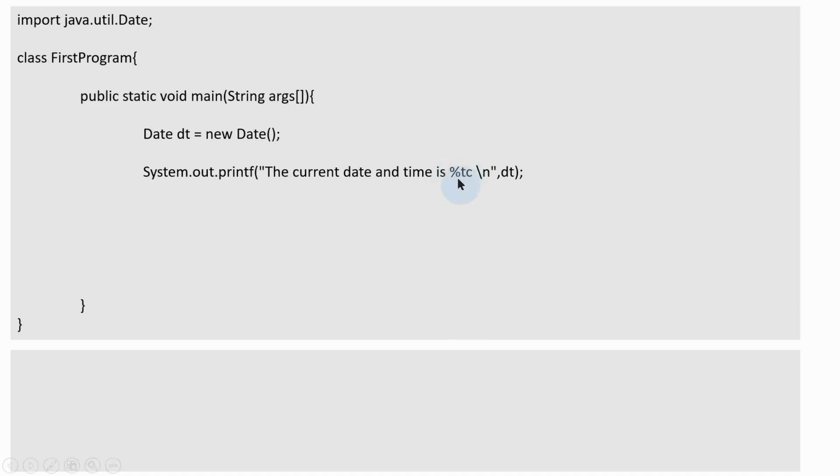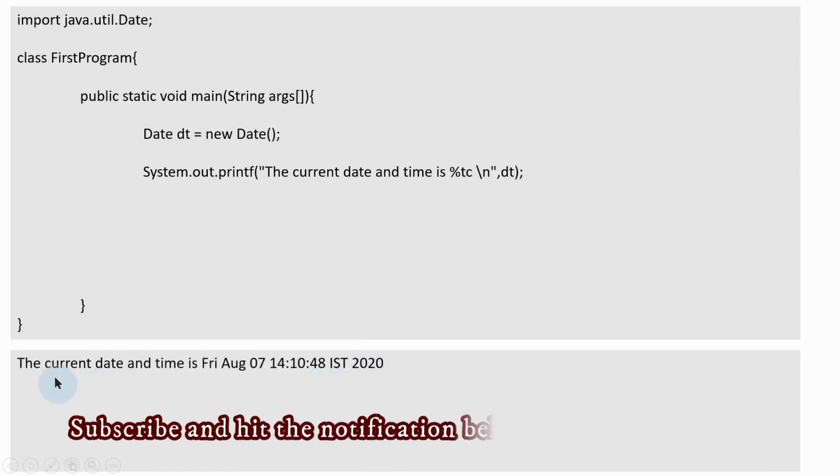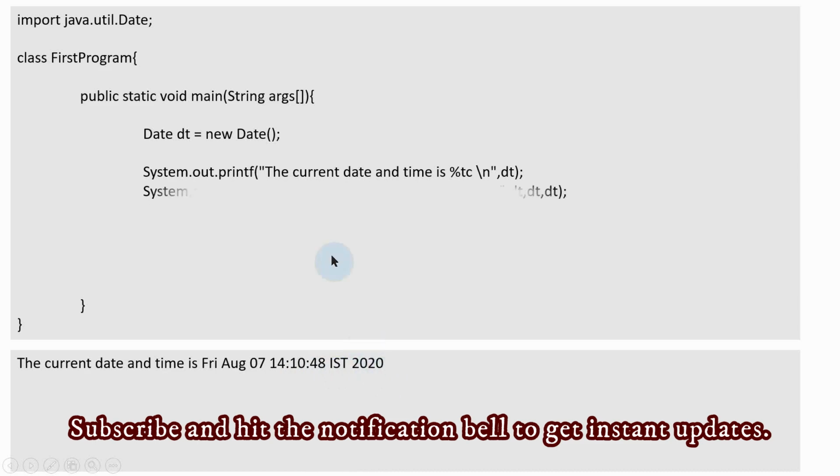If I use percentage %tc as the format specifier, then automatically it will extract the current date and time that will be displayed like this. See the current date and time: Friday, August 7, and then hours, minutes and seconds, and this is Indian Standard Time 2020.